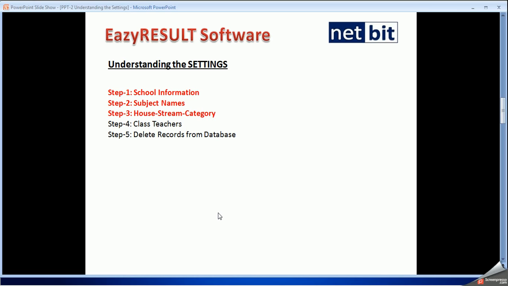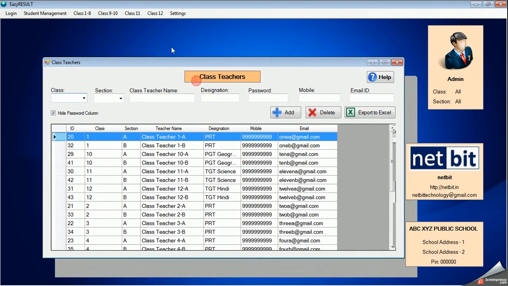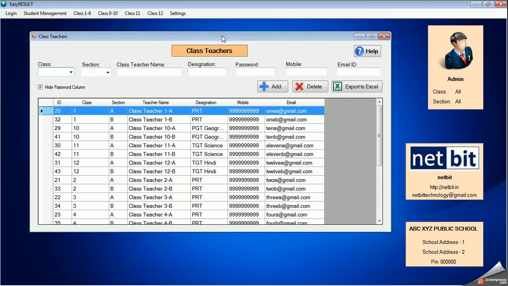Now we have to make settings for class teachers. In this module, you can assign class teachers for different classes. For example, if I want to add a class teacher for class 1A, which I have already added, the class teacher name is class teacher 1A. You can type here the name of your teachers